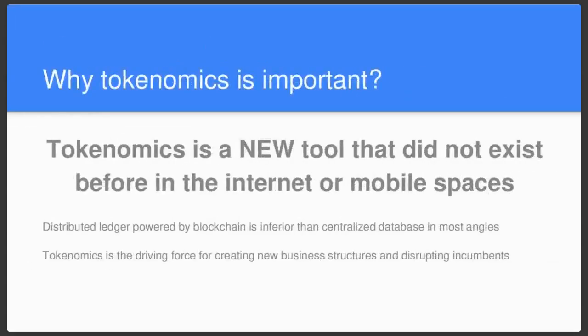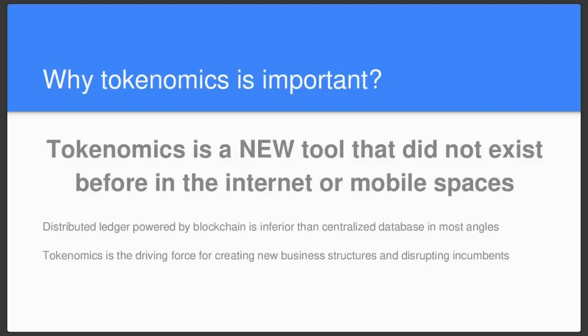Another important thing to think about regarding why tokenomics is important is from a different angle, in the sense that token economics is a new tool that did not exist before in the internet or mobile space. Why is this so important? Every time we have something new, there is potentially a chance that the industry can be changed, because we have new technologies. If you compare these two technologies, blockchain plus tokenomics,